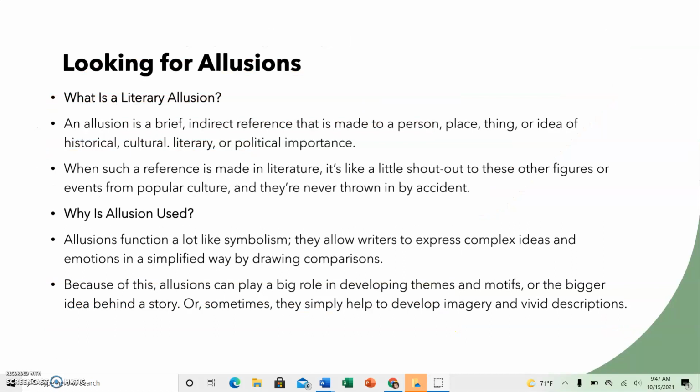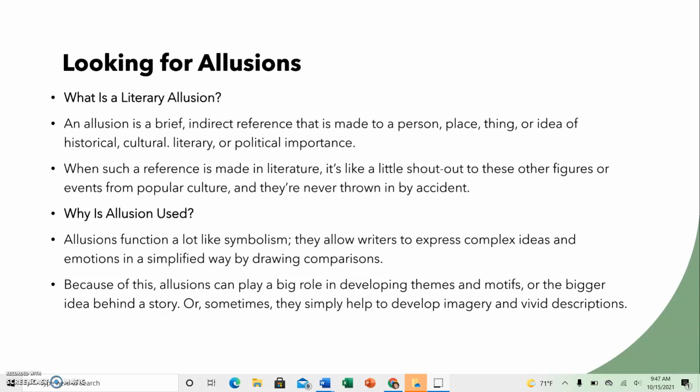Allusions are simply brief references to certain people, places, ideas, other works of literature, other works of art, political movements. Those are all allusions. And allusions are used to add layers of meaning, to express more complex ideas or emotions. If somebody brings up a movie that you loved as a child, that brings up certain emotions. So authors use allusions the same way to either convey a certain feeling or mood or emotion, or to make